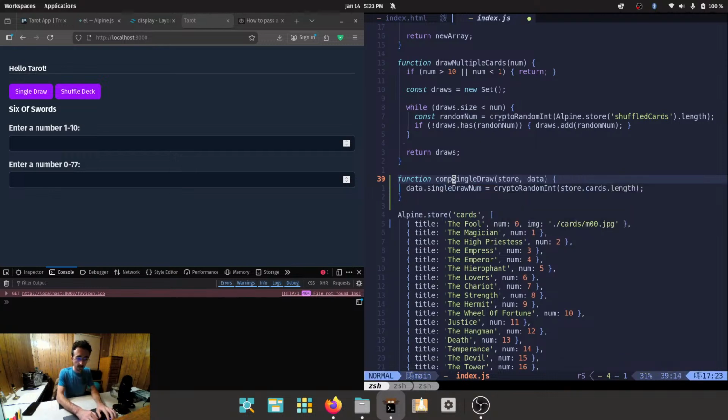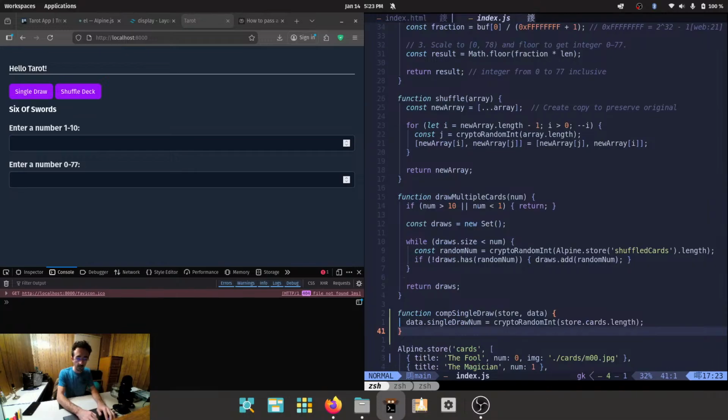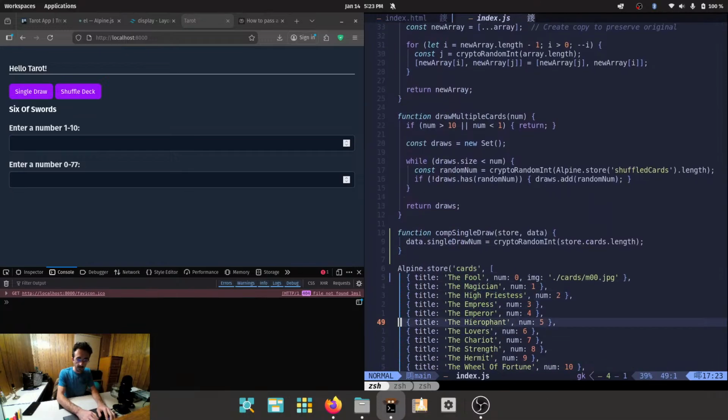Comp and then capital S single draw. And there we go. And then let's go back over here. Delete left. Comp single draw. There we go. Okay. So now that I have this reference here, what I can do is